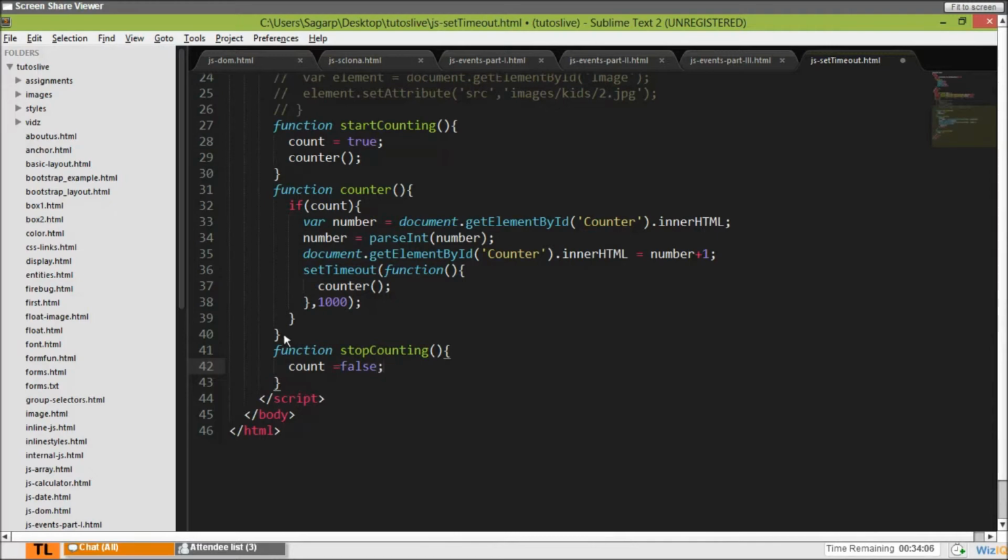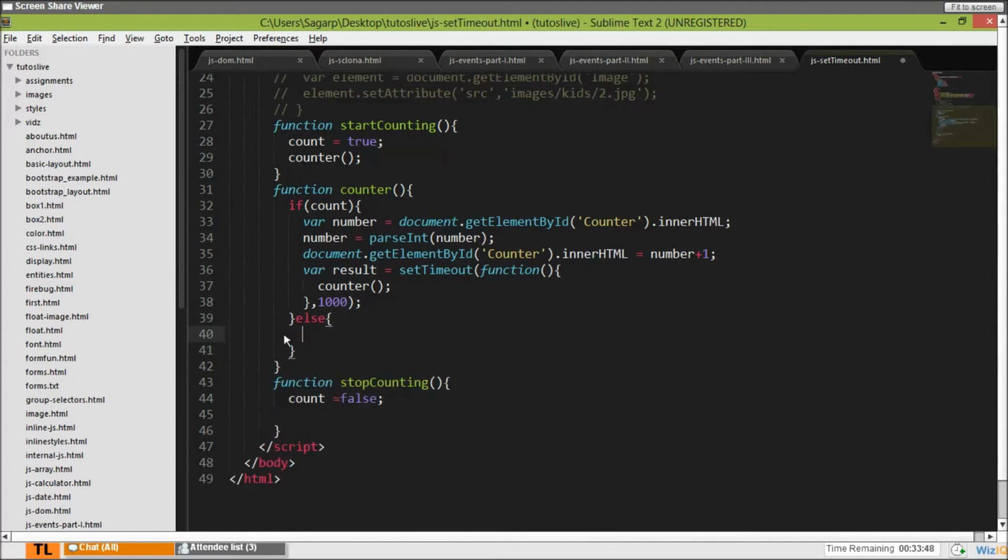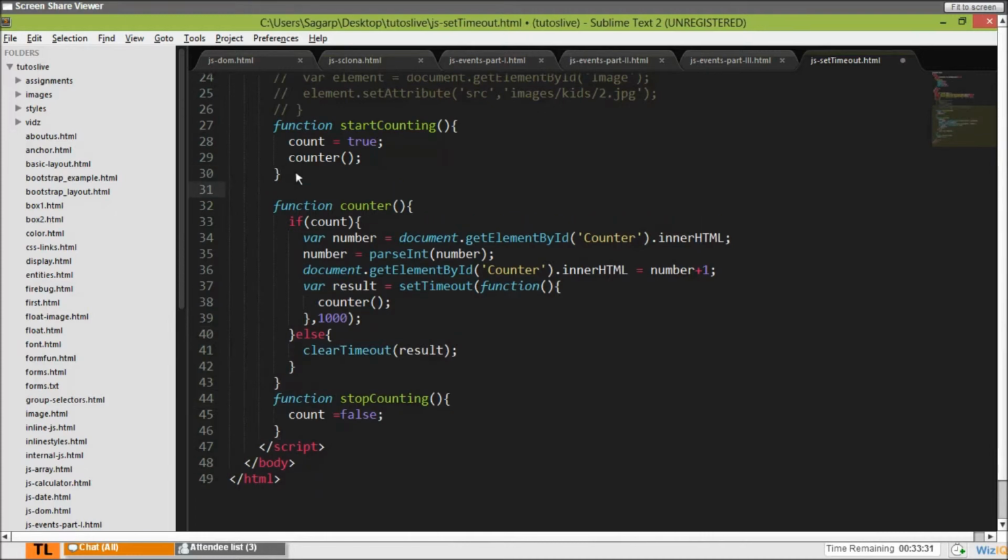And here, if this is false, I have to take the result here. Whenever this is false, means else. If count is true, do set timeout. If that is false, clear timeout of result. Alright, all it has to do is just set the count to false. That's it. Let's see what happens.